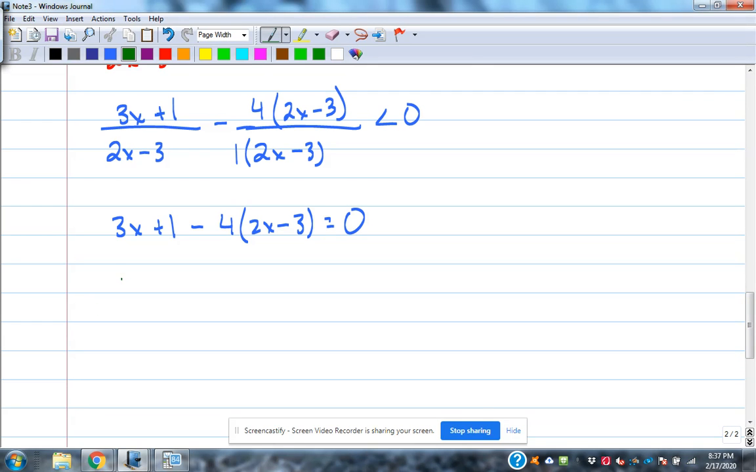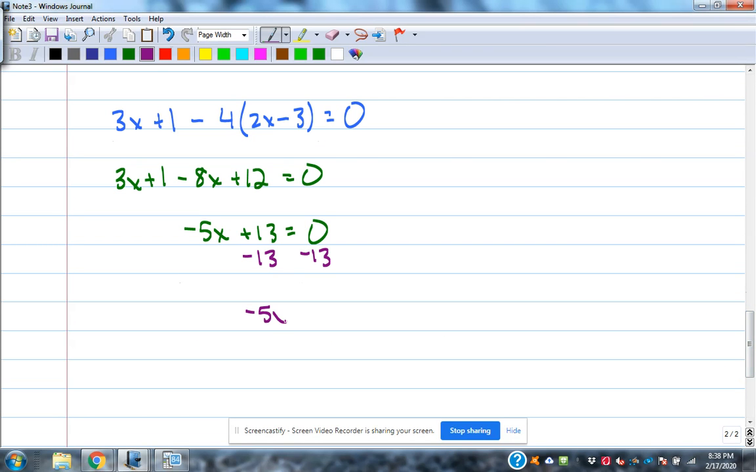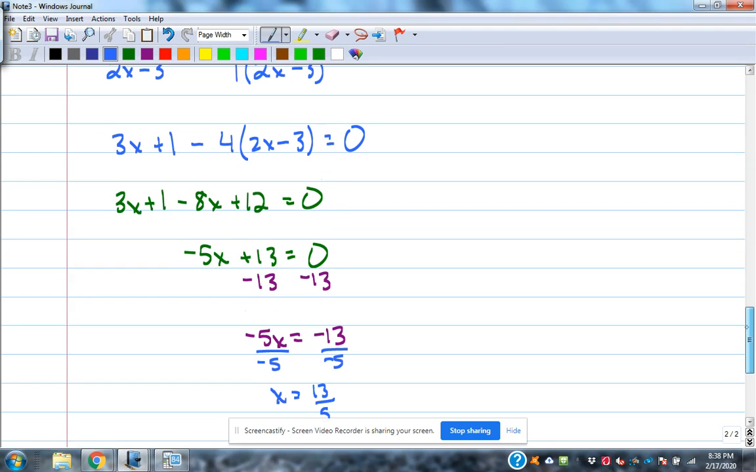So here we have 3x plus 1 minus 8x plus 12 equals 0. Combine like terms: negative 5x plus 13 equals 0. Subtract 13. Divide. x equals 13/5. So when I set up my intervals,